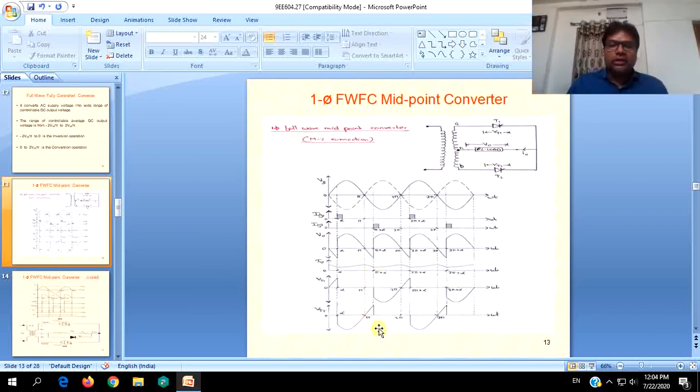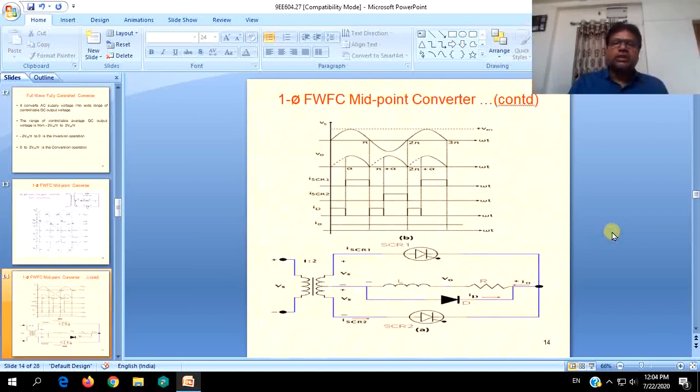These things, that is from 0 to alpha and pi to pi plus alpha, during which negative voltage is there, this has to be nullified or eliminated. This effect has to be eliminated. That can be done by a freewheeling diode, as discussed in the previous session, which is shown over here in this case. For this midpoint configuration also, simply connect a freewheel diode, a simple PN junction diode, in anti-parallel to